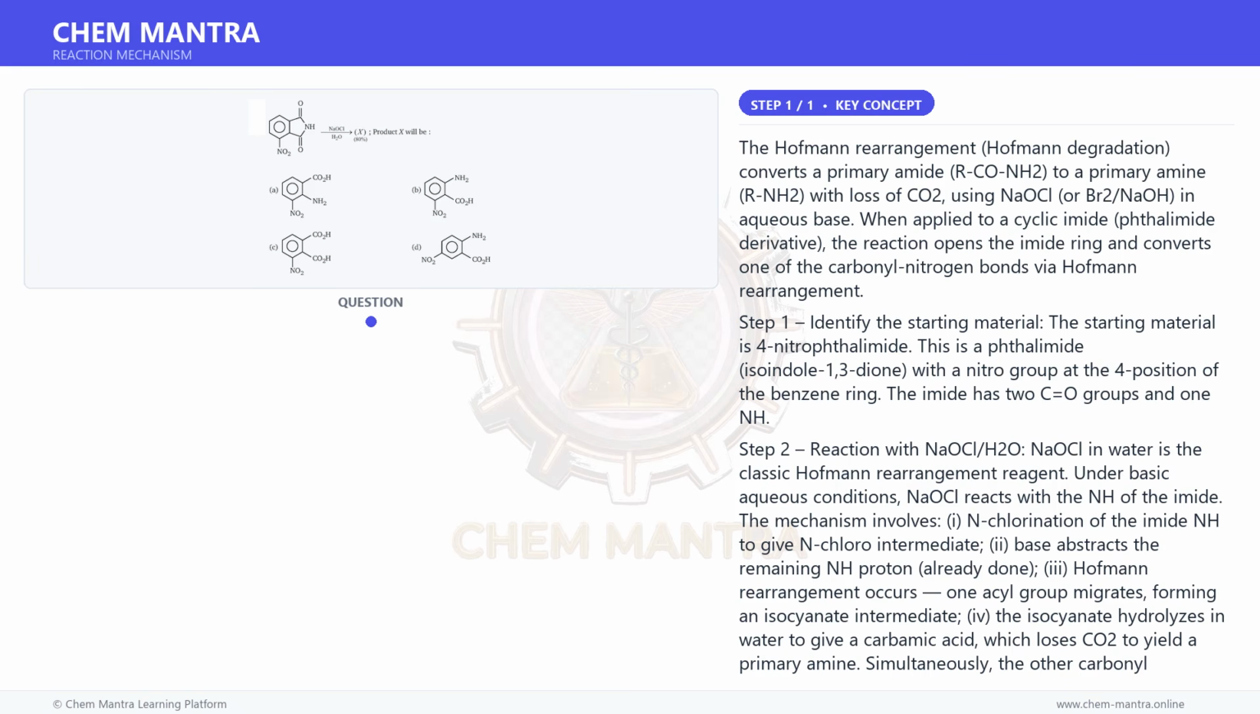The carbon bearing the nitro group is adjacent to one of the carbonyl carbons. The product will have NH2 and CO2H groups on adjacent carbons of the benzene ring, ortho to each other, with the NO2 group also on the ring at the position adjacent to CO2H. Step 4. Assign the product structure. The product has NH2 ortho to CO2H on the benzene ring, with NO2 at the position adjacent to CO2H,